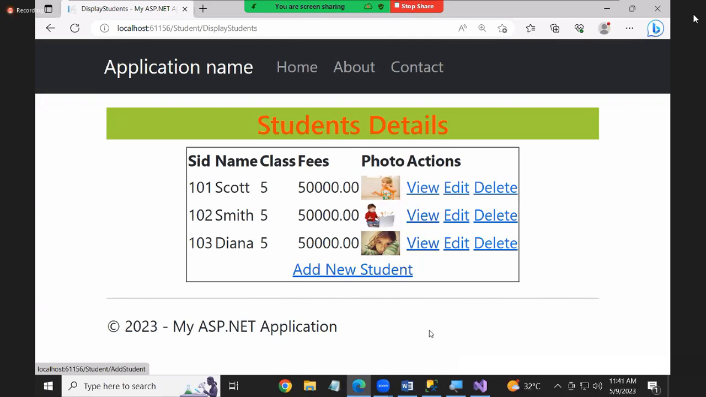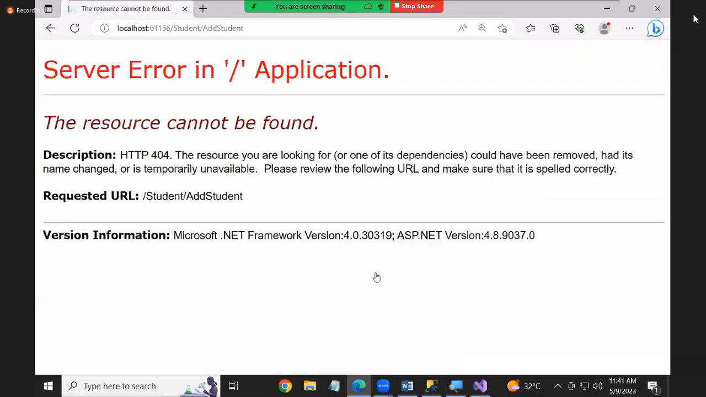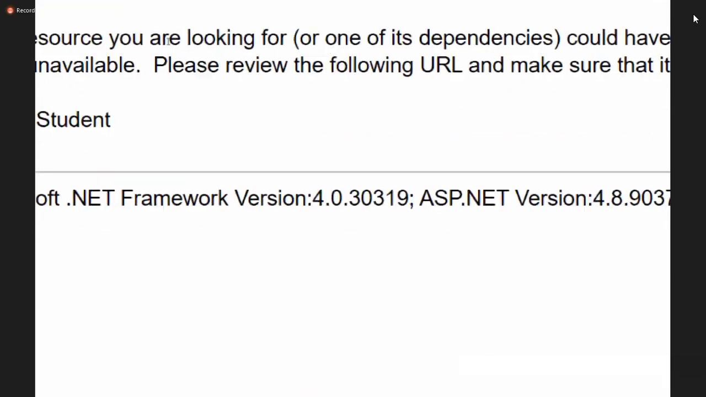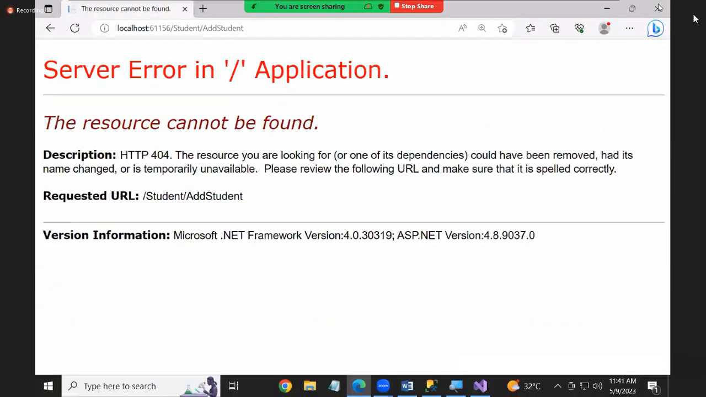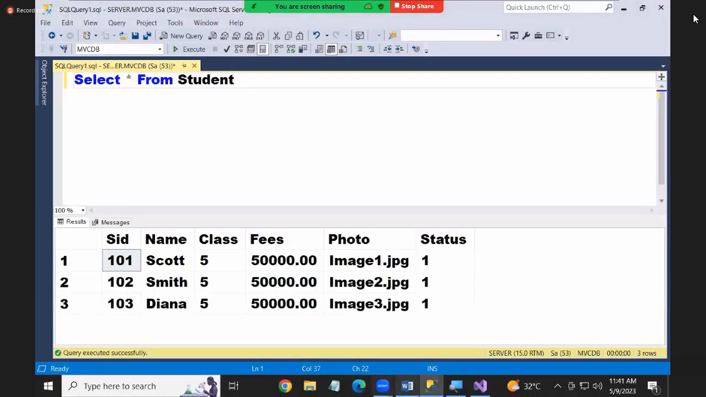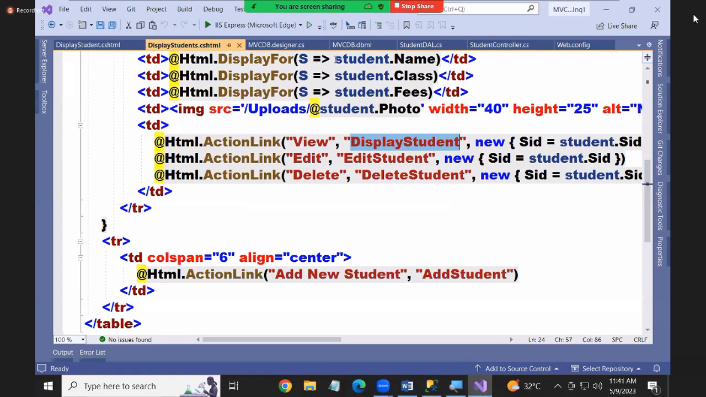Understood me? Now what next? Insert. When I click on add new student, it has to call me a method. Which method? Add student. Are you clear? Okay. So you need to write this method. What method? Add student. So come on, let us go to